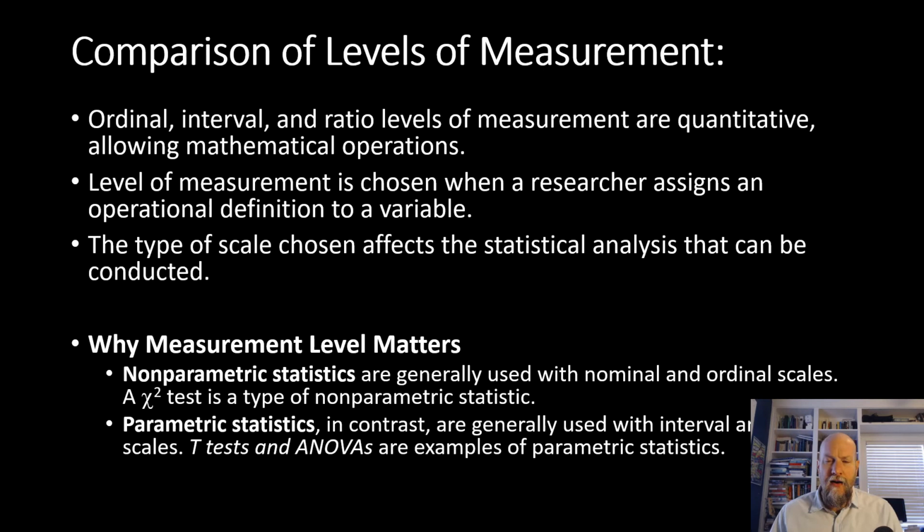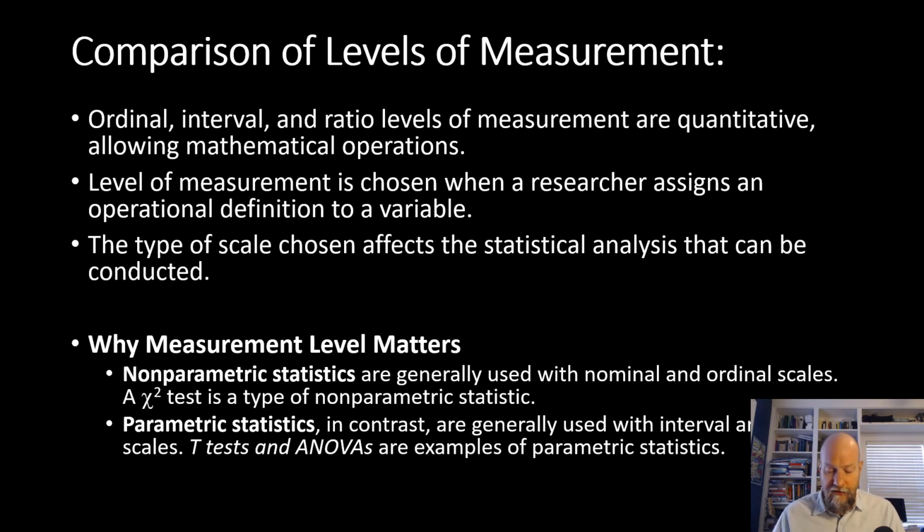And we're not going to get into too much detail on these, but what I want you to understand about them, at least for the purposes of this class, is that non-parametric statistics are generally applied to the first two lowest levels of these scales of measurement, nominal and ordinal. An example is what's called a chi-square. That symbol there is the Greek for chi. For those of you that are not in the Greek system, that's a chi-square. It's a non-parametric test, a statistical analysis we can do on variables